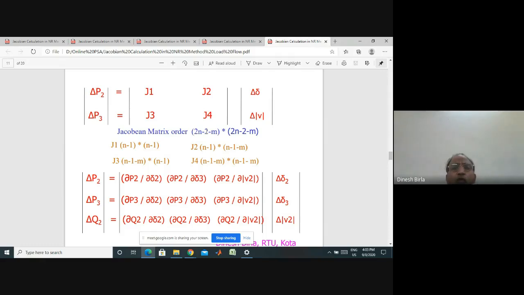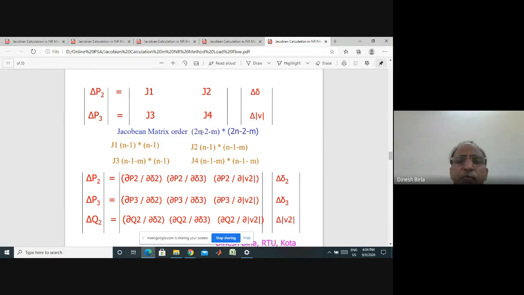2 is deducted from this because of the slack bus, because none of the active power and reactive power of the slack bus figure on the left hand side. Please note, slack bus is bus number 1, and for the slack bus the P and Q have been deducted, because if there are 3 buses, there will be known parameters 3 into 2, 6. Out of these 6,